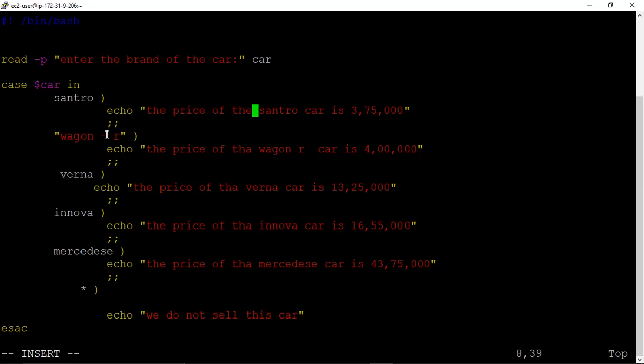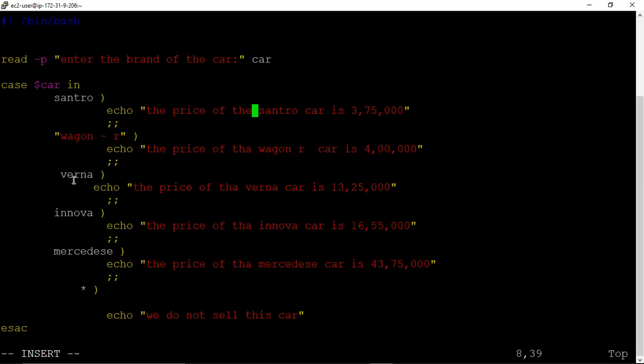Otherwise, the script searches for Wagon only, or it will show error. So this is new thing for you. When variable is separated by space, you have to write variable in double quote. Here Santro I have written, and after it there is a space bracket. This space is not mandatory here. So echo the price of the WagonR car is 4 lakh.